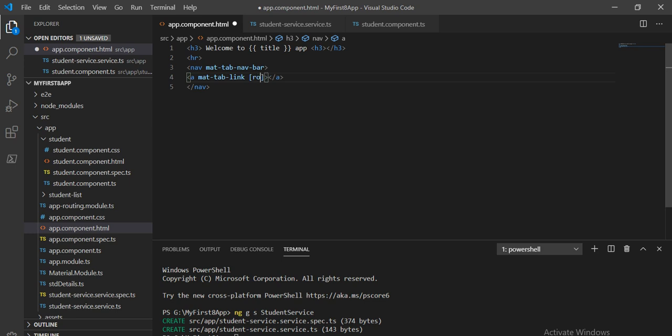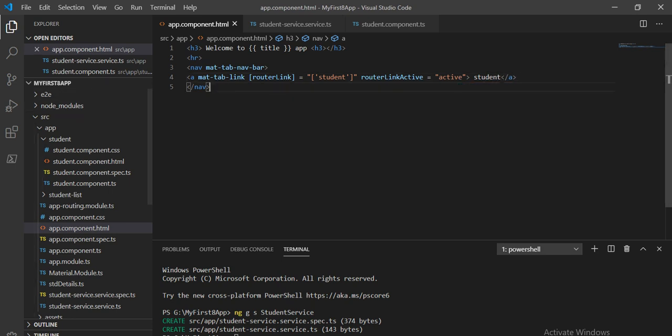And routerLink, and I will give the name as student, because this variable we have taken under this app.routing.module for the student component. And here I will give routerLinkActive, and I will give it as active, and here I will write student.